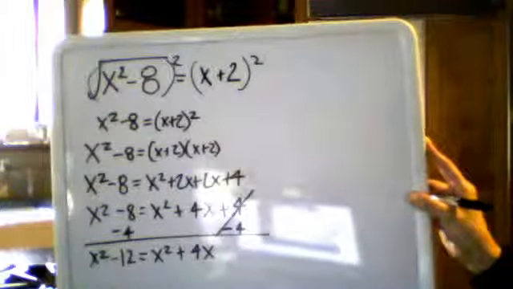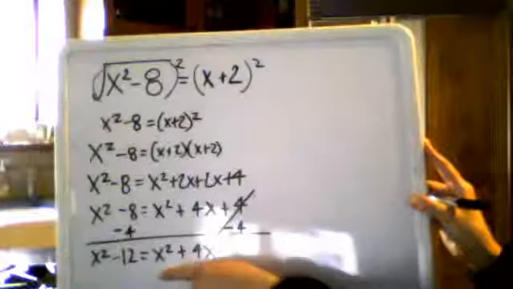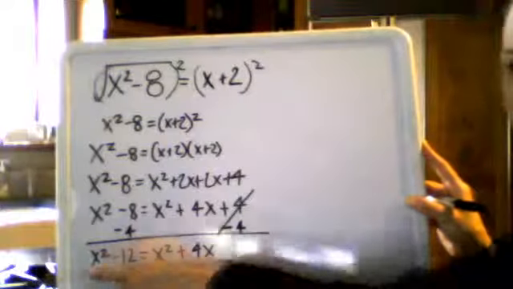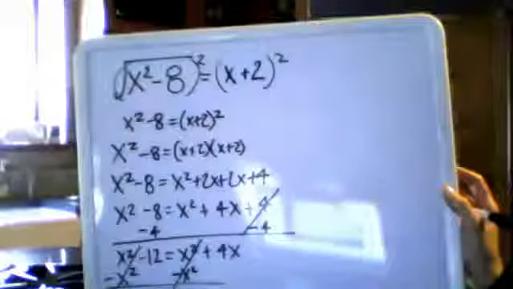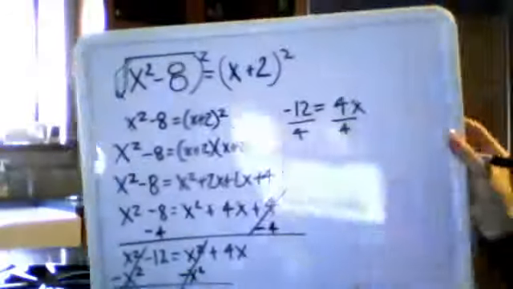So let's go ahead and bring over this negative x squared over here to cancel it out. So now we are left with negative 12 equals 4x. Take that 4 and bring it over to both sides. And x equals